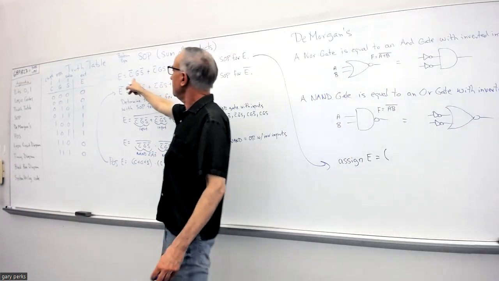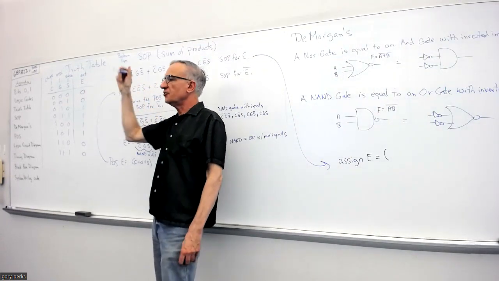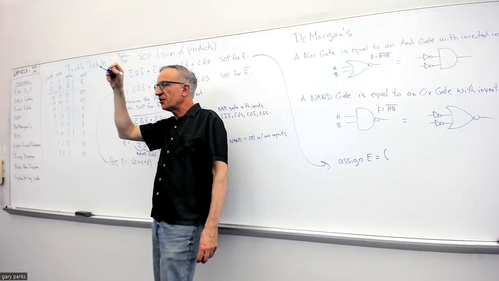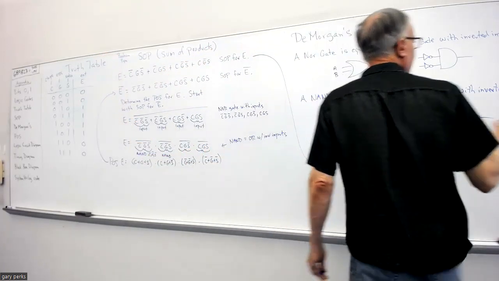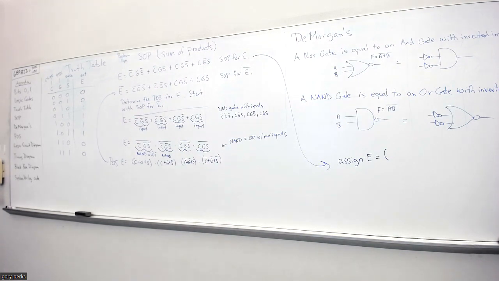Now in SystemVerilog, and also Verilog, you can't do a bar over a variable. So in Verilog, and when I say Verilog, I mean SystemVerilog,